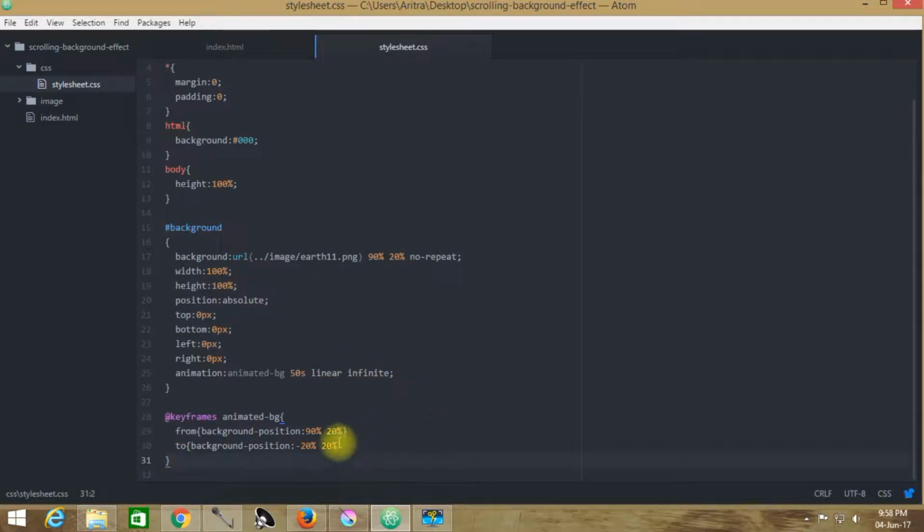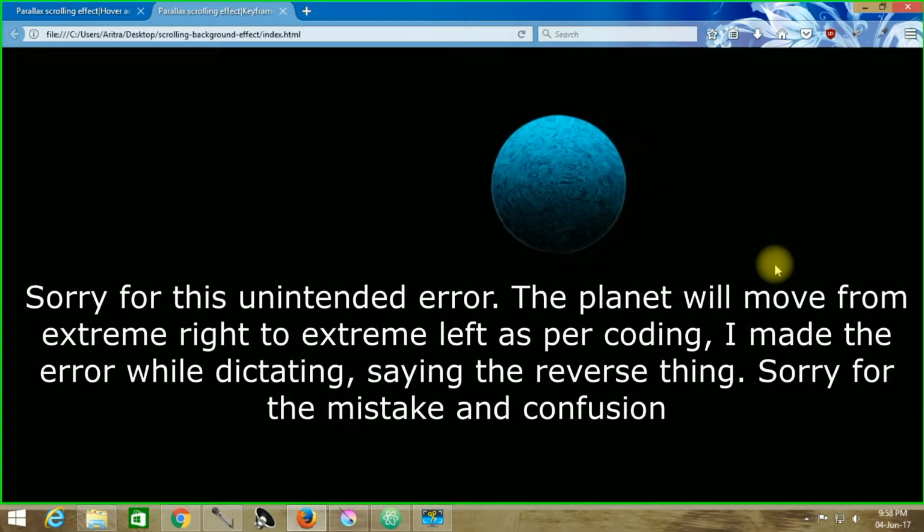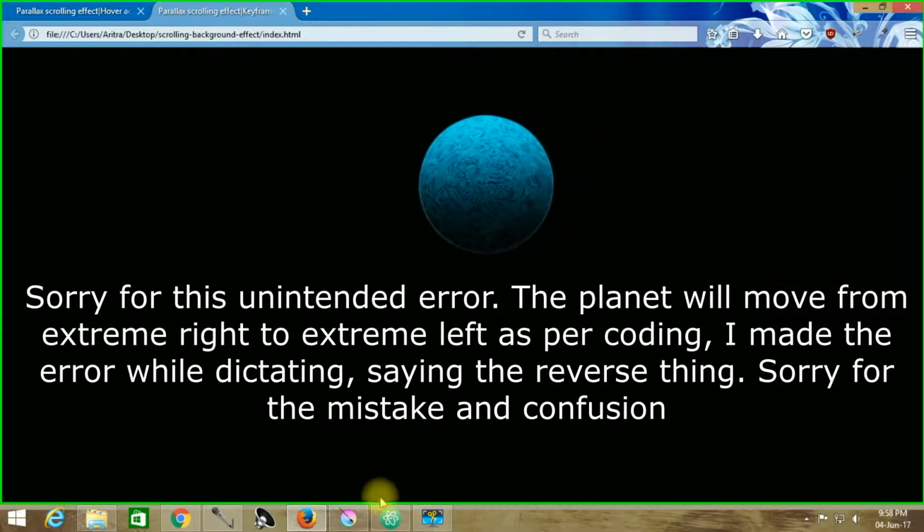Now all we have to do is press Ctrl S and reload. We can see that an animation has been initiated, and slowly this planet Earth is moving from the extreme left to its right, and this whole animation will take place over 50 seconds.